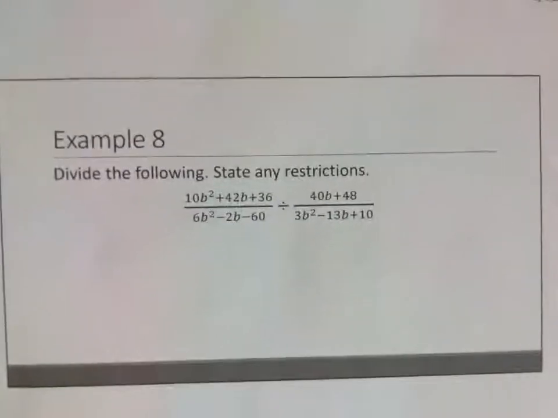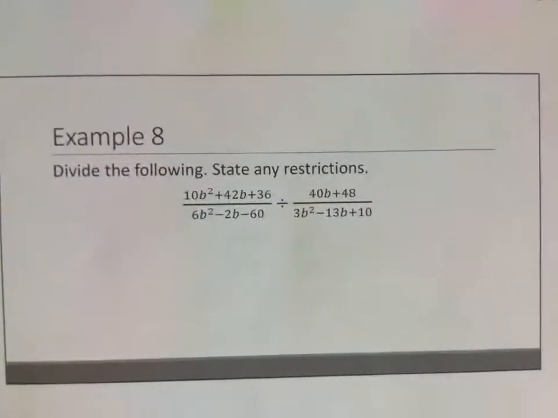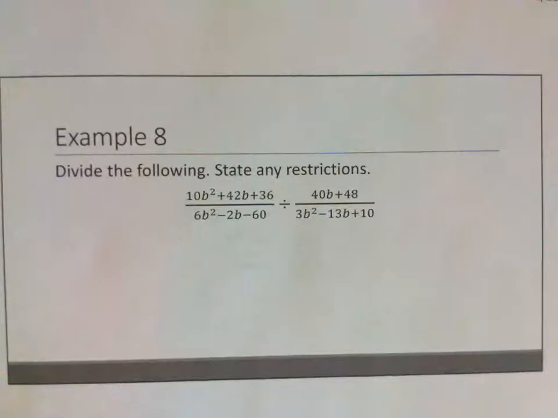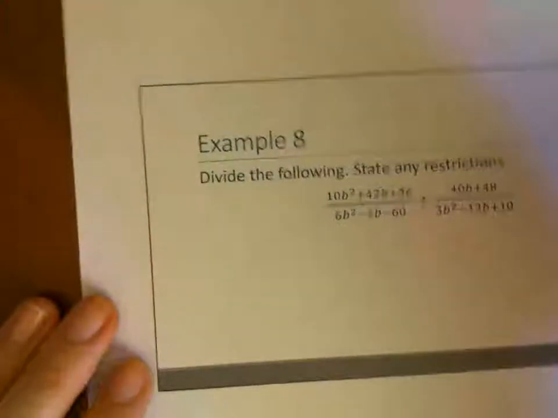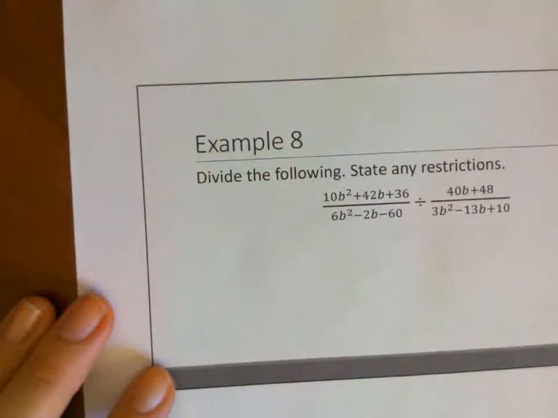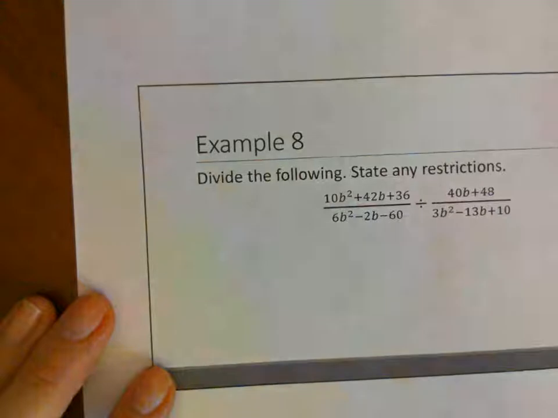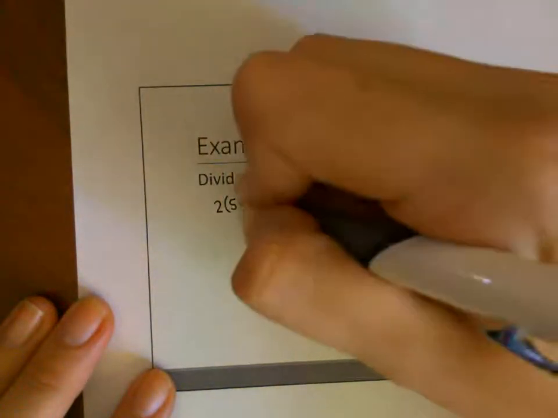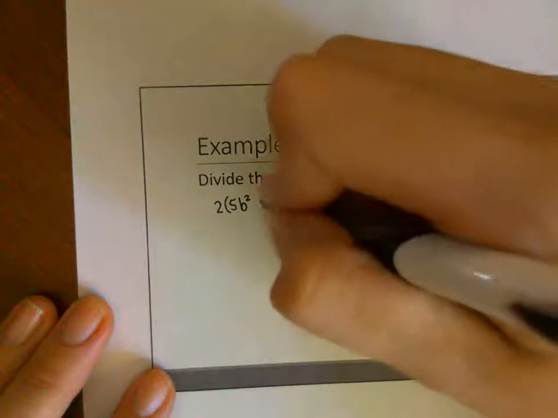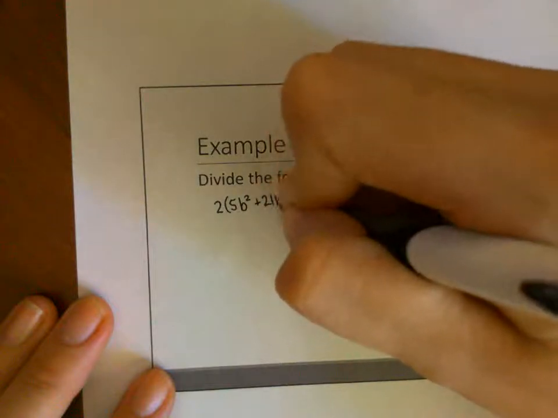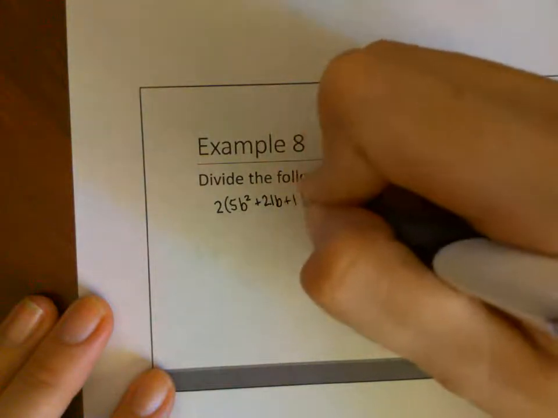All right, last one. And this is about as challenging of a problem as I will ever give you. All right, there's a lot happening here, starting with some GCFs. So I'm going to do this kind of off to the side here. I'm going to factor out, I can factor out a 2 for that. So I'm going to have 2 times 5b squared plus 21b plus 18